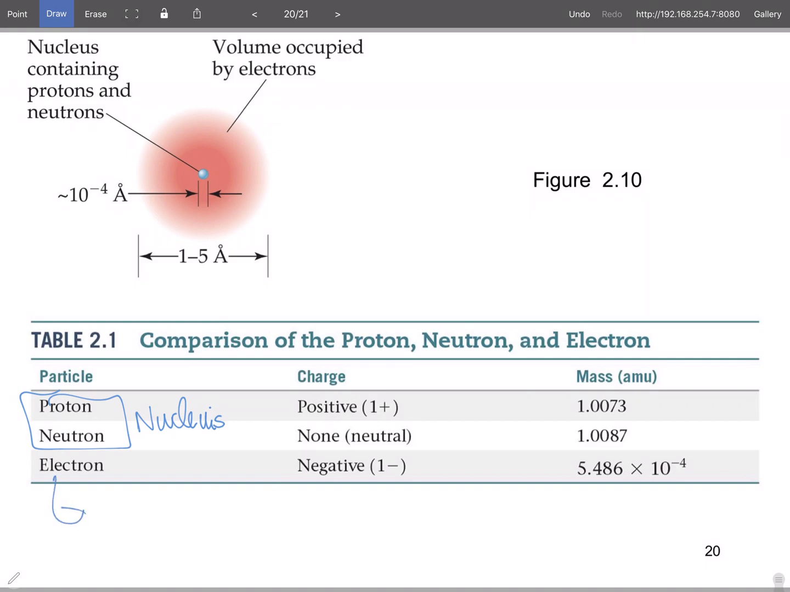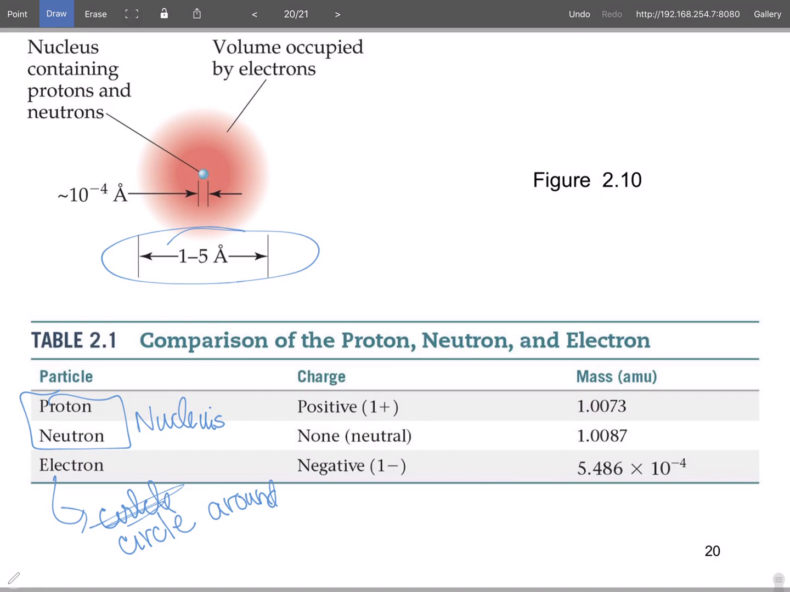And so electrons circle, well, if I could spell, circle around the nucleus. And you're looking at a very, very small number. This is the number of angstroms. And an angstrom is 10 to the minus 10th. This is not one of the ones that you have to know, but know that